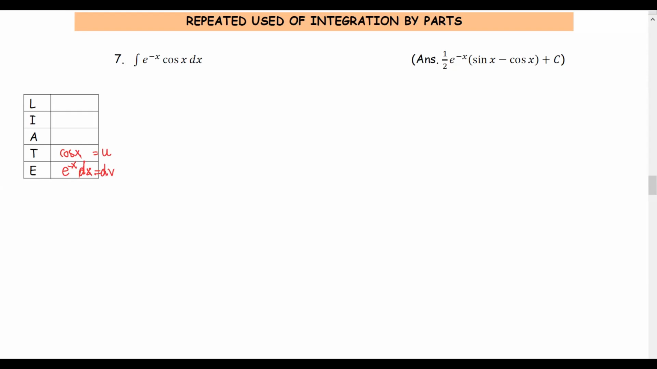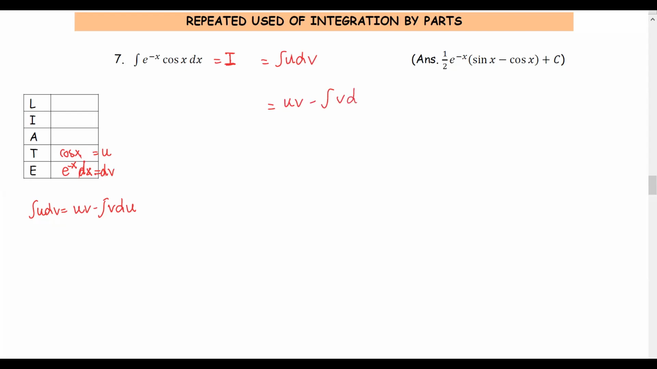As u is not a polynomial function, we cannot use the tabular method. So we use the traditional by parts formula: the integral of u dv equals u times v minus integral v du. Let the original problem be represented by I, from integration. So I, which is in the form of the integral of u dv, equals u times v